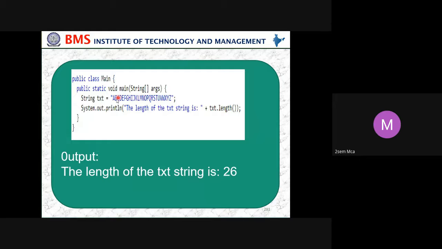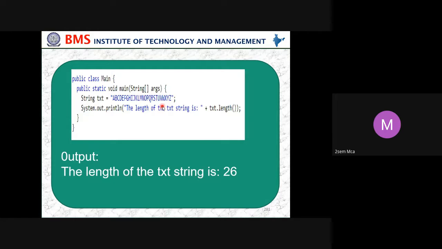So what is the size of this alphabet? The size of the alphabet is 26. So this is a program that will display the length of the TXT. What have we stored in TXT? We have stored the alphabets, from A to Z. So the output of this program will be 26.